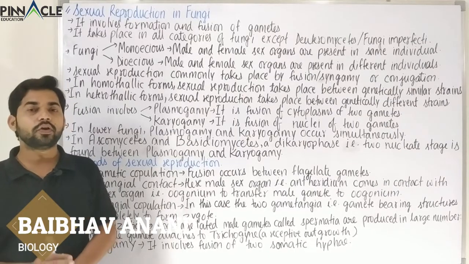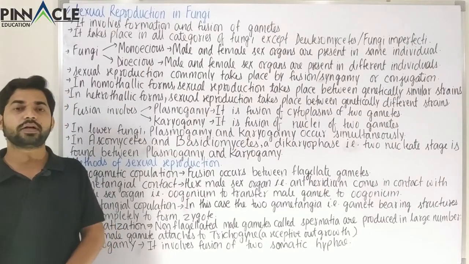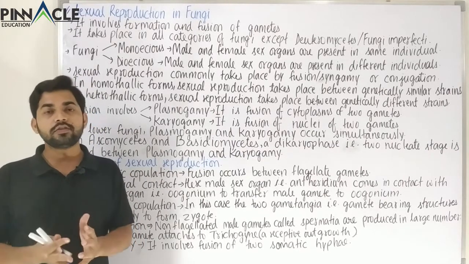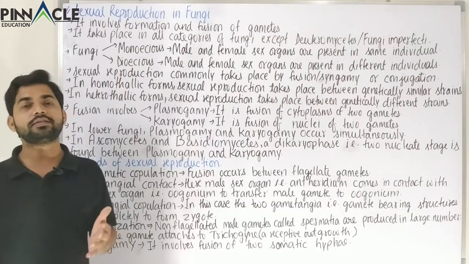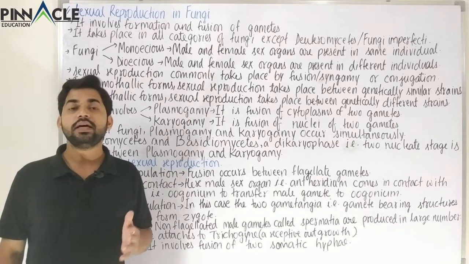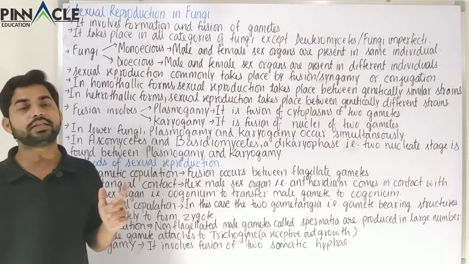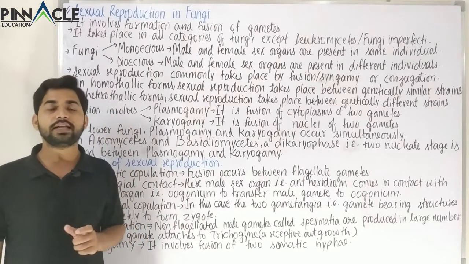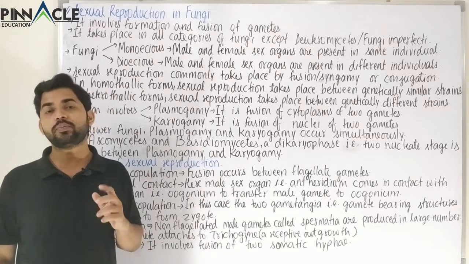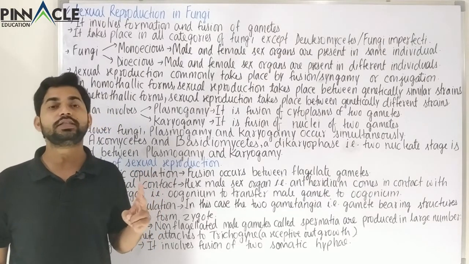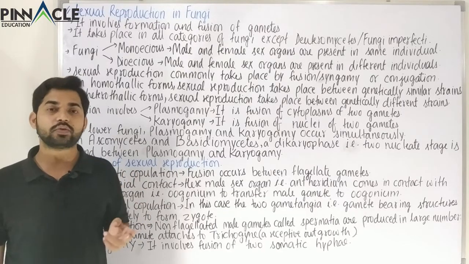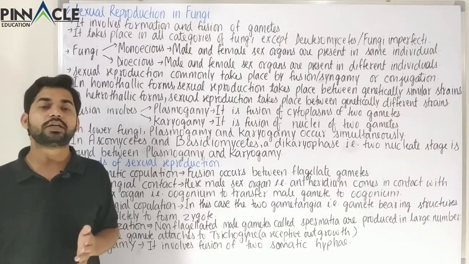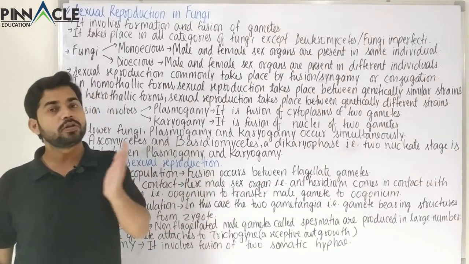In this class, we are going to study the third type of reproduction in kingdom fungi, and that is sexual reproduction. As we know from our previous two categories, the kingdom Monera and the kingdom Protista, there also we have studied sexual reproduction, and we know the basic features of sexual reproduction from those categories. So, the difference between sexual reproduction and the previous two types of reproduction that we have studied, that was asexual reproduction and vegetative reproduction. So the main difference between these two types of reproduction, the asexual and vegetative, and also the sexual.